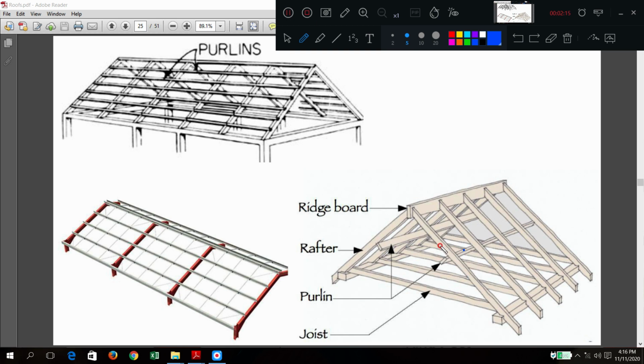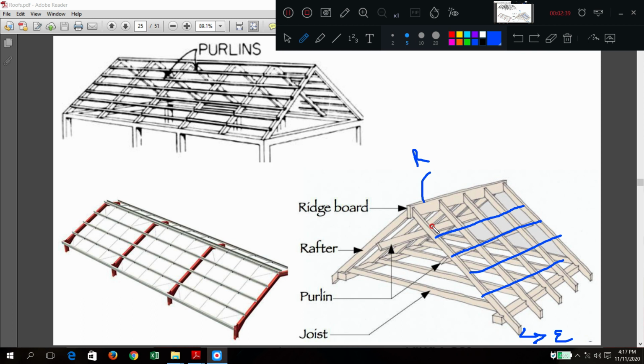Above this, battens will come, very small. This is called the ridge, and this is called the eaves. I hope that is also clear. Now, will these AC sheets be fixed from the bottom or the top?